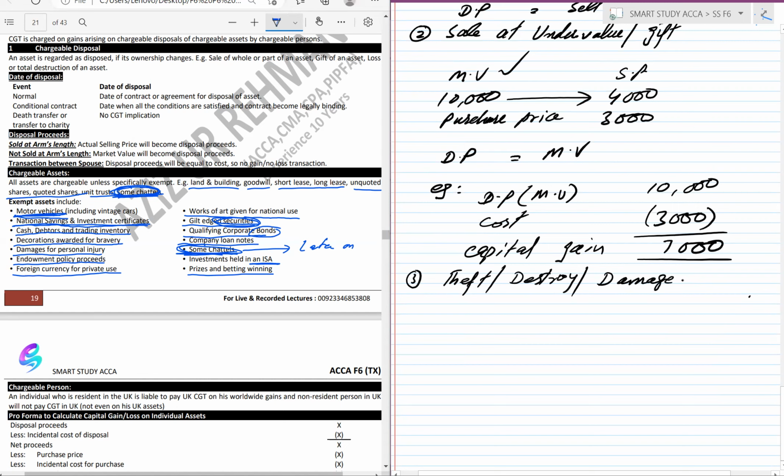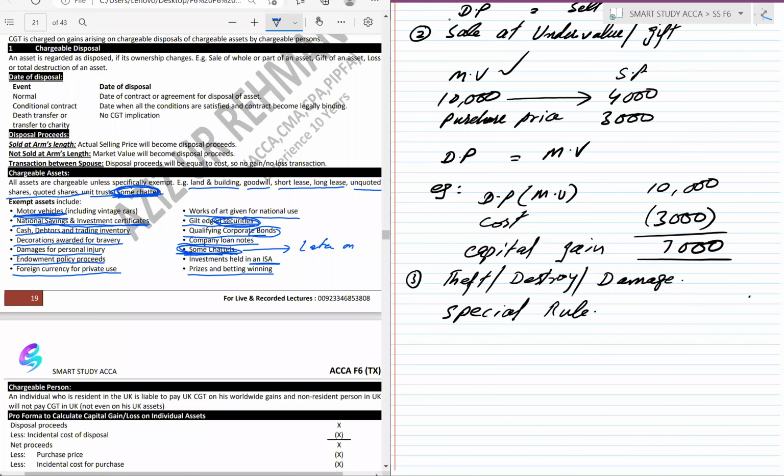So in case of theft of an asset, or if the asset was stolen, destroyed or damaged, there are special rules. There are special topics. We will discuss later on in this chapter what these special rules are for the calculation of capital gains tax. Because in these cases, we will have to consider